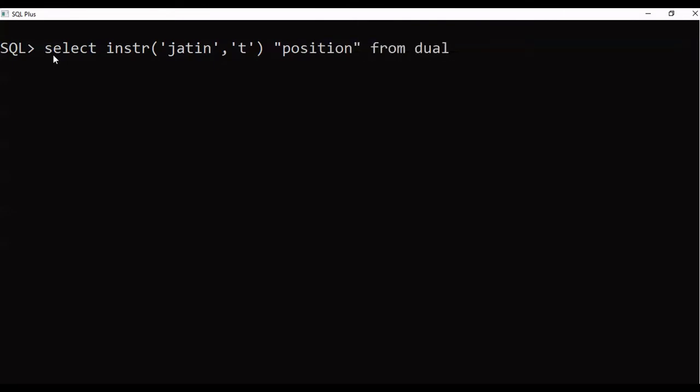Dual is a temporary table which is empty. Here you can see that t is in the 3rd position in the Jatin string. You can use this function instr to know the position of a character in any string.